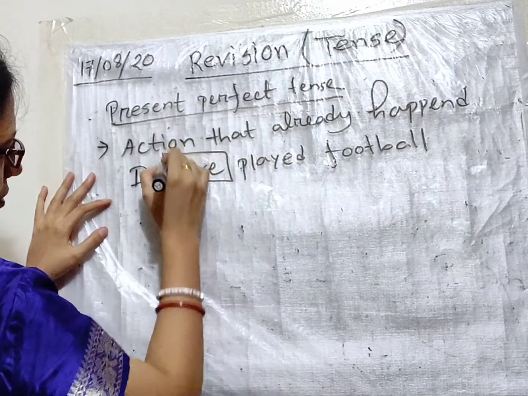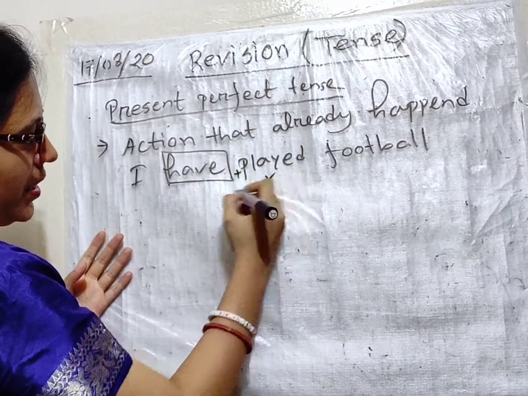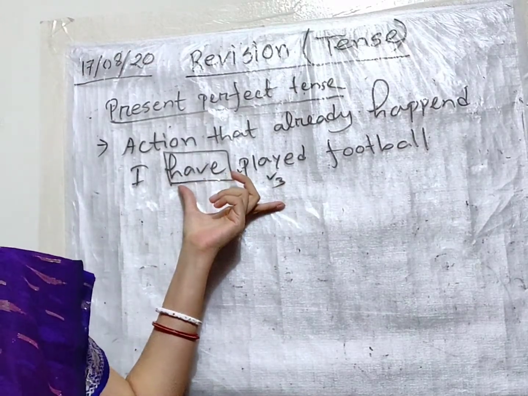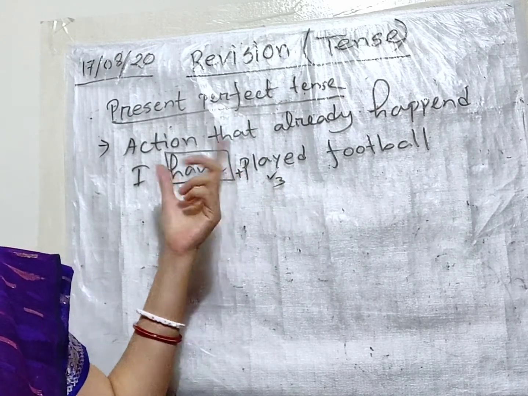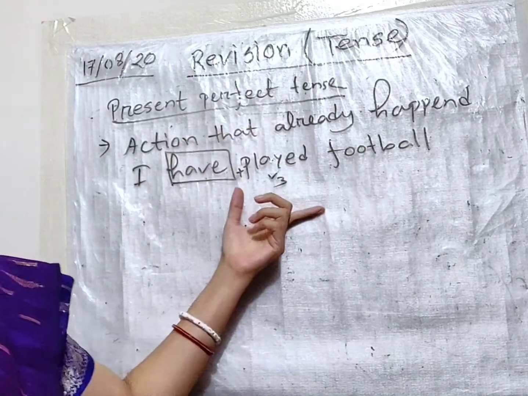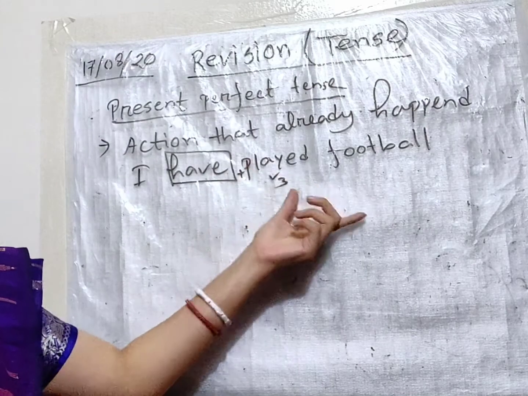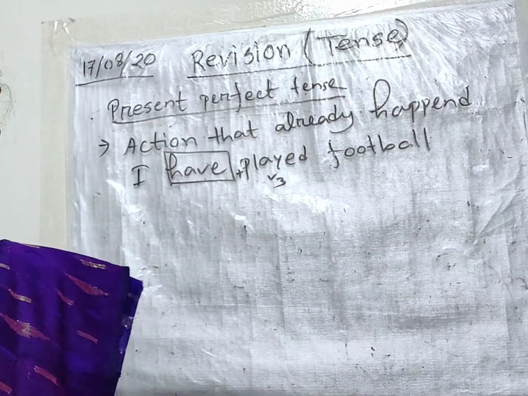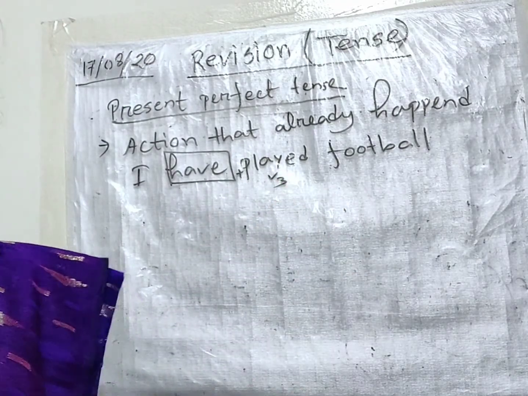Have plus V3. This is the important portion of the whole sentence to remember, because this structure indicates that you are writing in a perfect tense. Have plus V3 in a perfect tense. Okay, again,